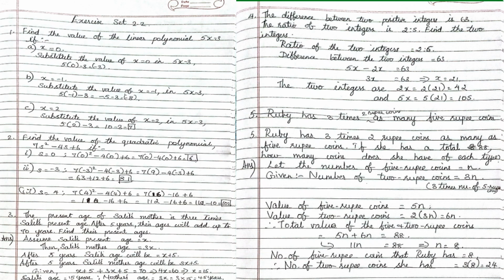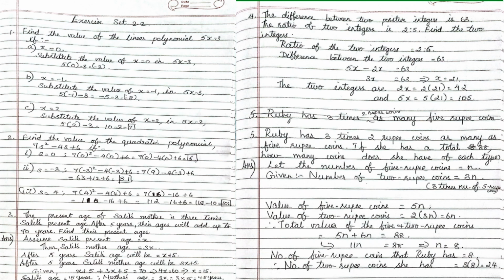Question number 1 is linear polynomial. We know that a linear polynomial is a polynomial where the degree is equal to 1. What is degree? It is the highest power in the given expression. Now, question number 2, it's a quadratic polynomial, meaning the highest power or the degree is equal